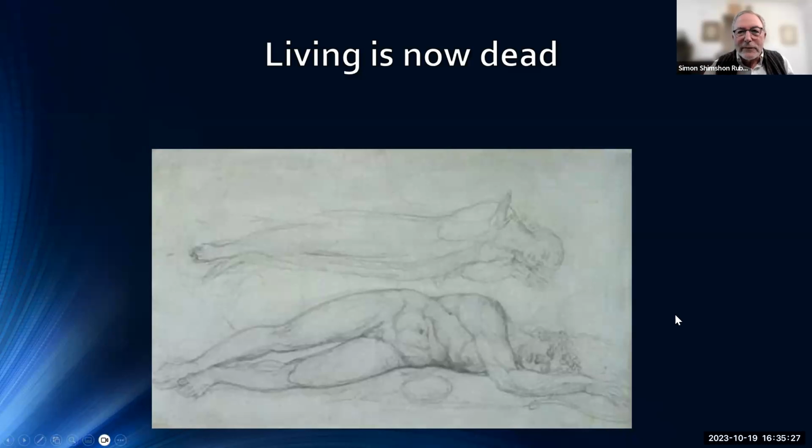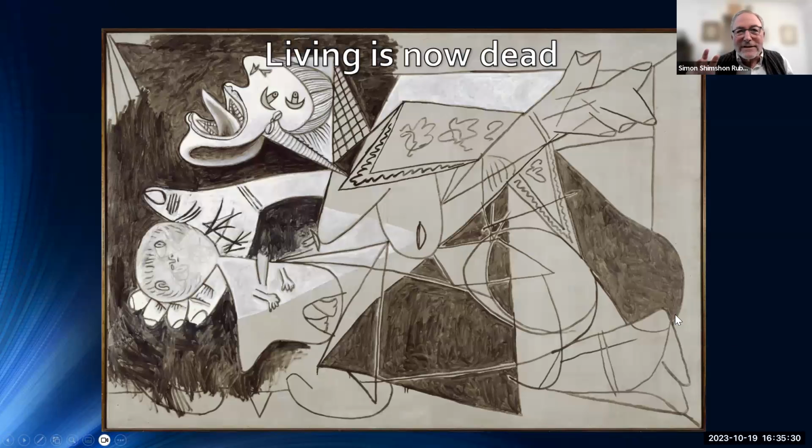But the next picture is one of trauma. This is a detail from Pablo Picasso's drawing of Guernica, which he produced after the horrific Nazi Stuka bombing in the Basque town of Guernica. He is showing a mother who has lost her child to this horrific event as part of a much larger canvas, which hung for many years in the Museum of Modern Art in New York before being returned to Madrid when the regime changed and Franco was no longer in power.